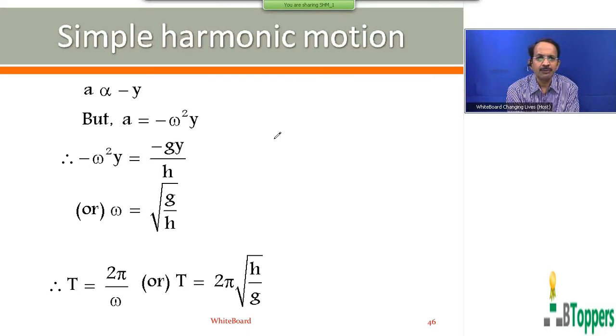So, not only for the sake of board exams, you must know how we can discuss the simple harmonic motion as the projection of the particle performing uniform circular motion, on one of the diameters of a circle, which we call reference circle. Because there are some numerical problems which I am going to discuss later, either in this class or next class, based on using the reference circle method also. First, you concentrate to listen. Later, you can copy the conclusion which I am going to show on the screen.